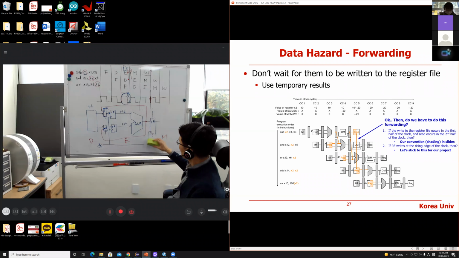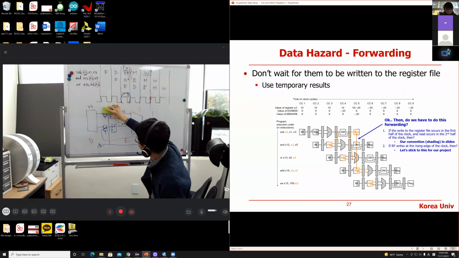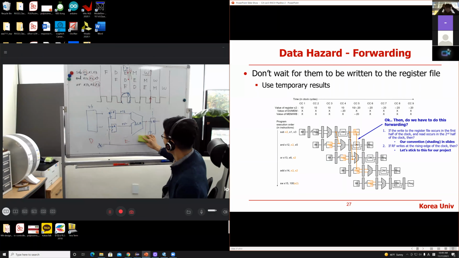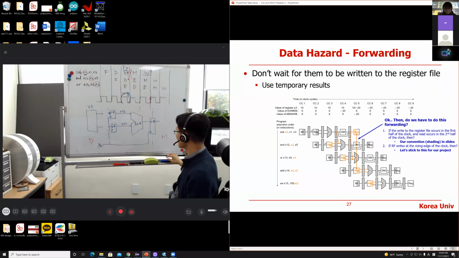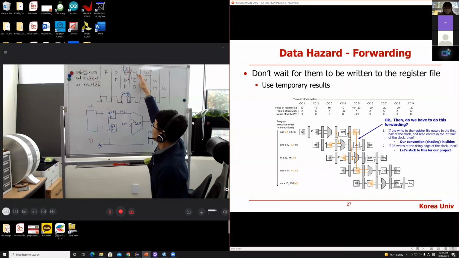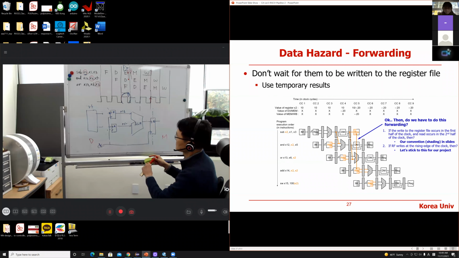Number two means, let me remove this. If you don't like number one implementation, you decide to go with number two. Number two is mem to execution stage. Memory stage to execution, mem to execution. That means here,